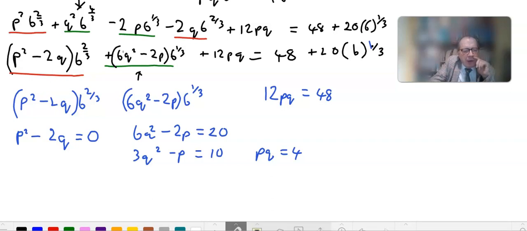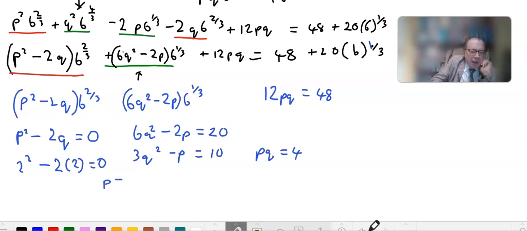And if pq equals 4, I think we can fairly clearly see that 2 squared minus 2 times 2 is 0, and so that p equals q, which equals 2,